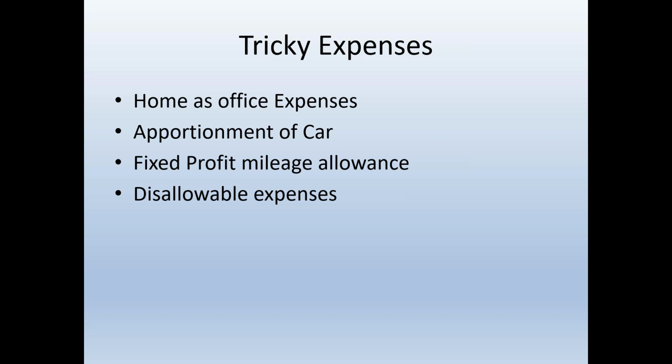The apportionment of car can sometimes cause a bit of an issue, but generally speaking, you've got a choice of two types. You can do the fixed profit mileage expense allowance, where essentially you get 45 pence for the first 10,000 miles, and then for the remainder is 25 pence. Yeah, 25 pence. Sorry, some of these things you forget in the heat of the moment. Okay, but anyway, you've got the choice of doing the fixed profit mileage allowance, or you can actually do an